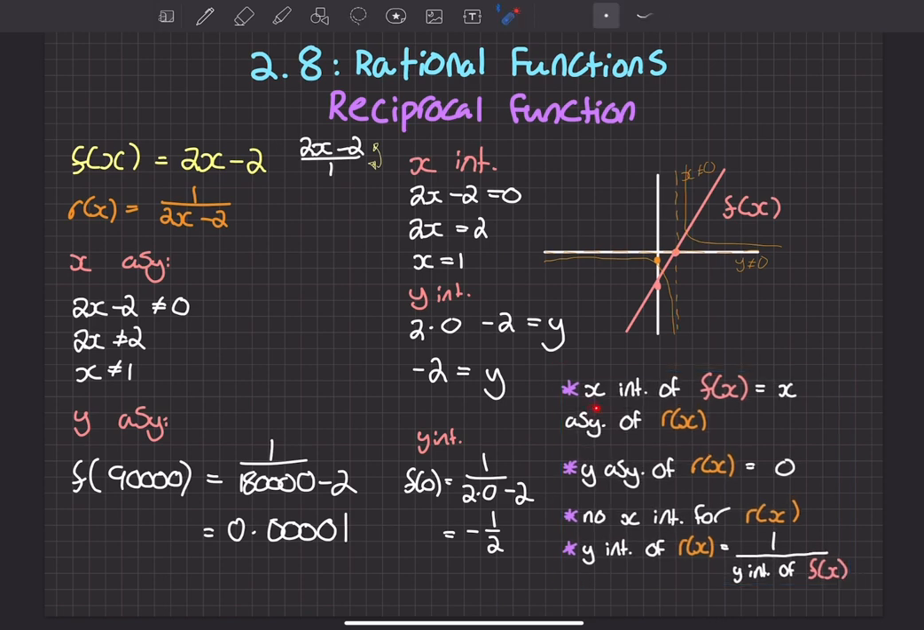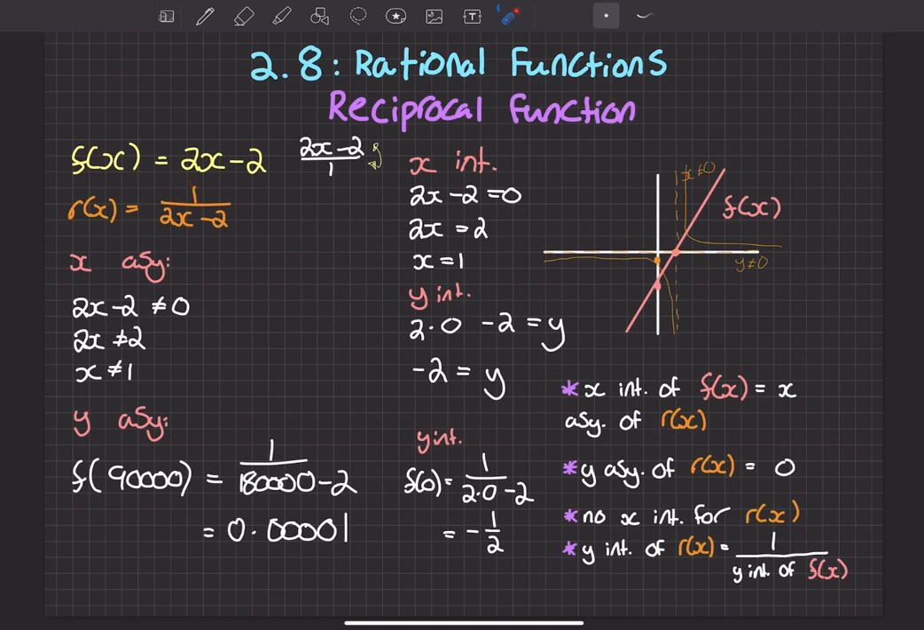First of all, the x-intercept of f of x is the x-asymptote of the reciprocal. And I already established that here, right? So the x-intercept here is the x-asymptote of the reciprocal, right? Next, we have that assuming that the numerator is always a constant, assuming there's no x's up here,